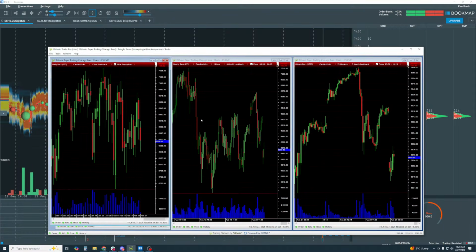Okay, let's look at the hourly in here. And here we can see that some of the gaps in the morning, like the other day here, you see the gap up. And then look at that. Look at those sellers when they came in here. Okay, they came in. This is interesting. Right around 10 a.m. And we look for that during this hour, during the webinar. In fact, the potential reversal after that opening drive to the upside. Look where we trade back into in here. Okay? Look where the selling came in